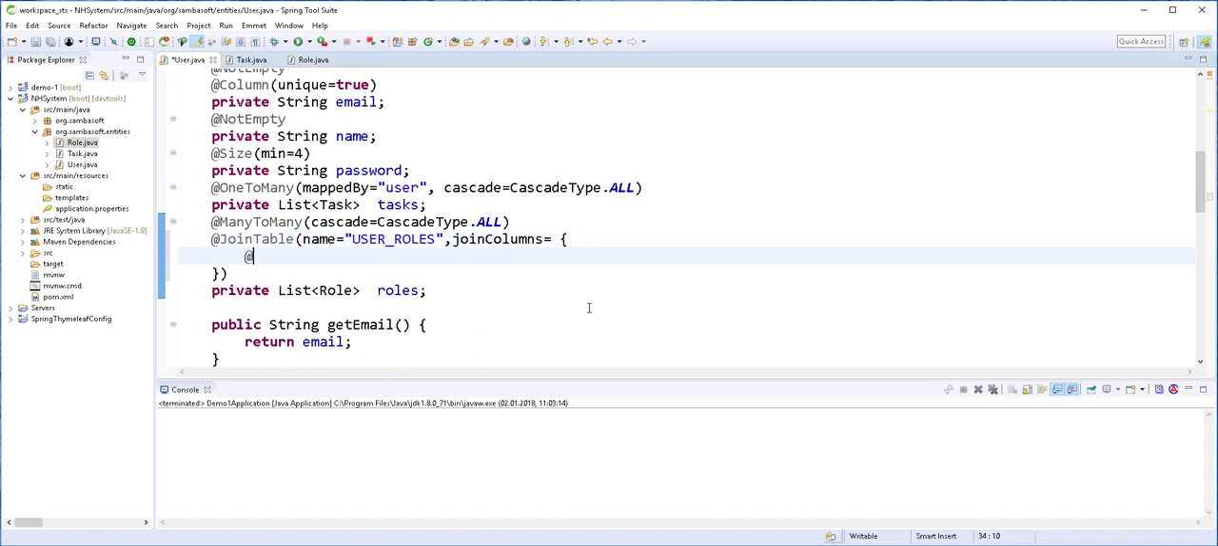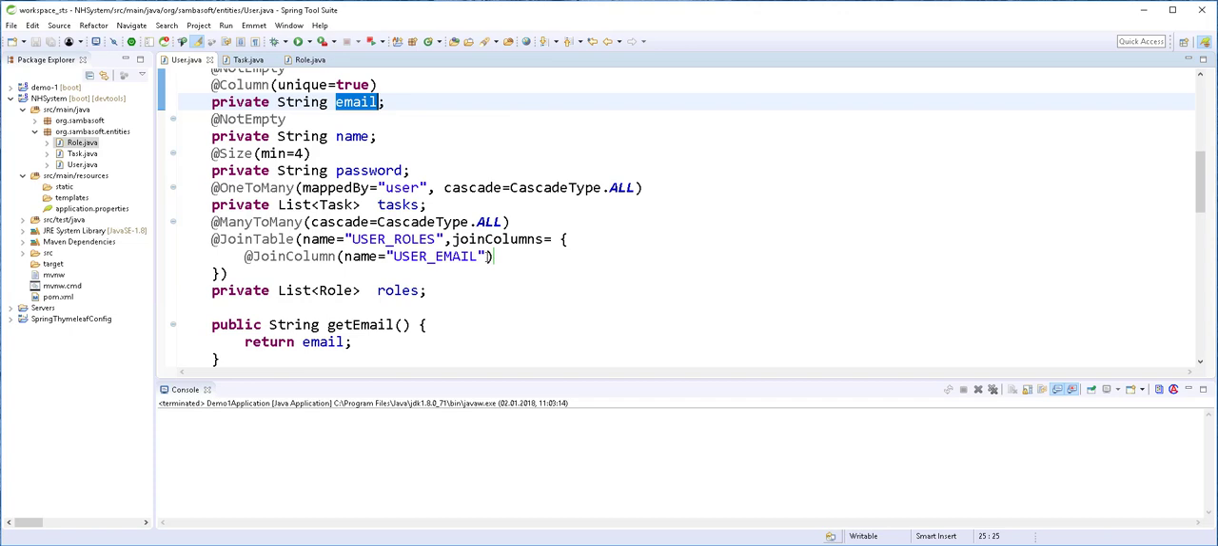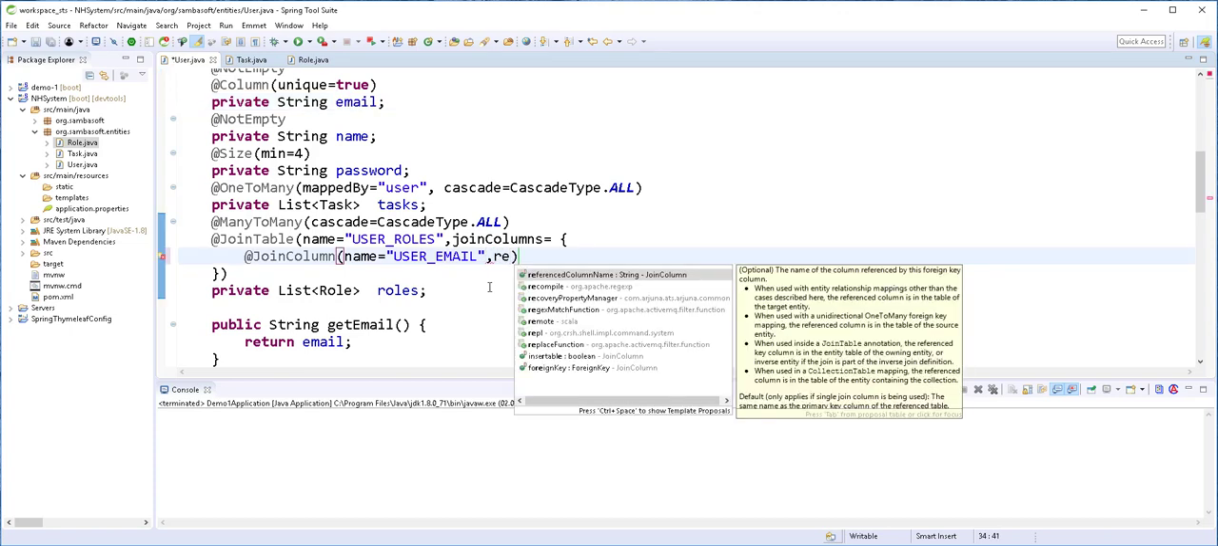And inside here, I'll add a join column annotation. And I would like to call that column user_email. We also need to tell Spring Data JPA that this field is referring to this particular one here. And in order to do that, we need to add here reference column name,